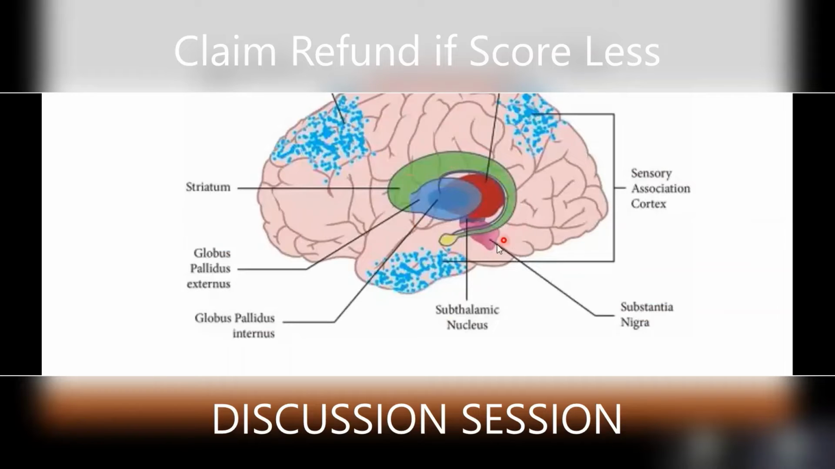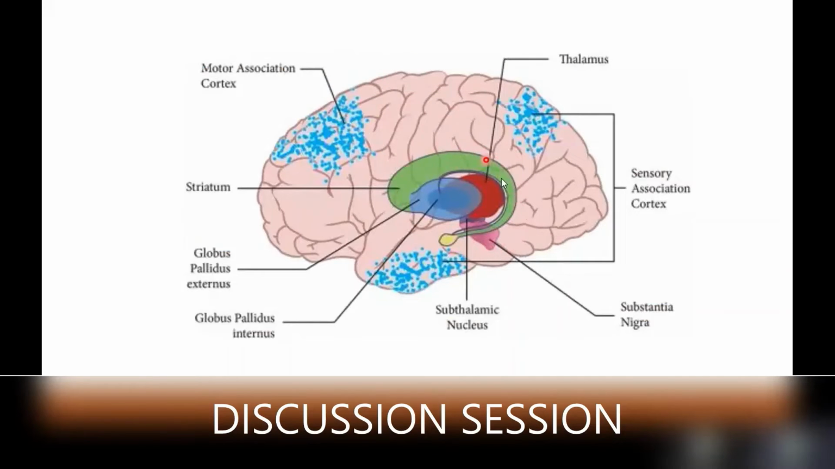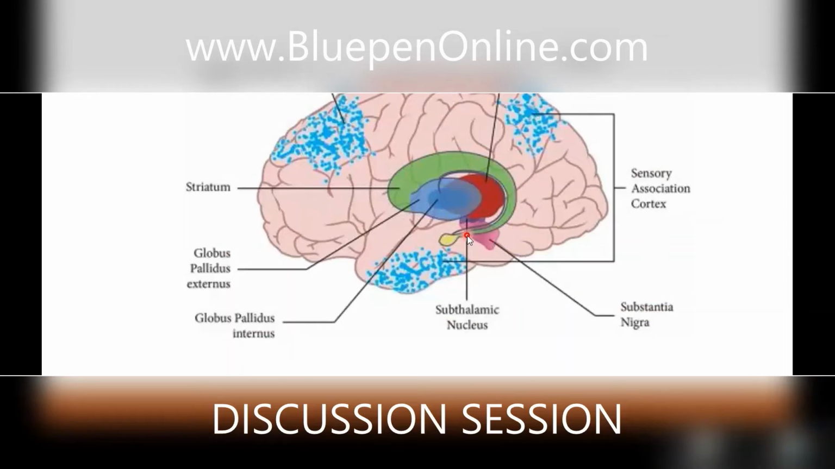So this entire mass forms the basal ganglia, and this green part, it is the corpus striatum with the caudate nucleus. Then comes substantia nigra, which is the